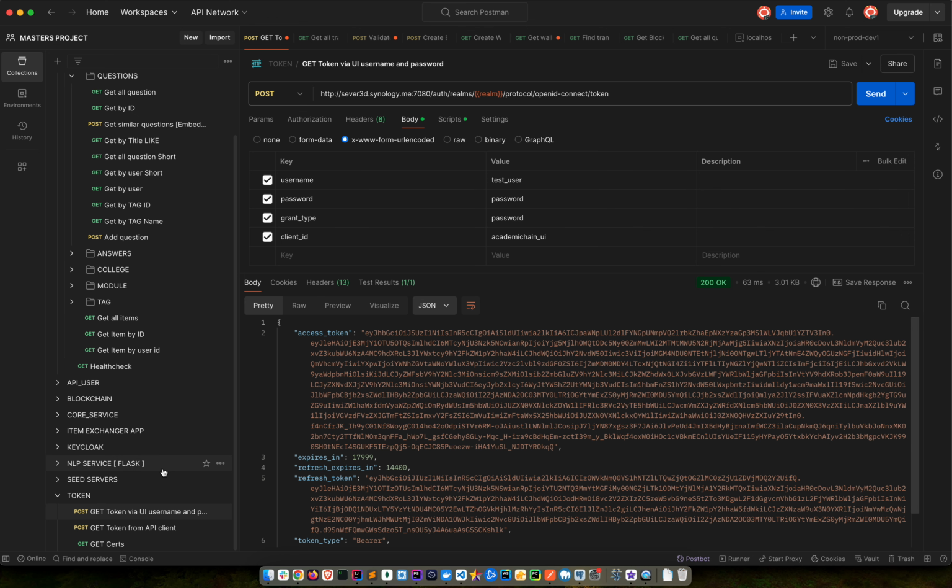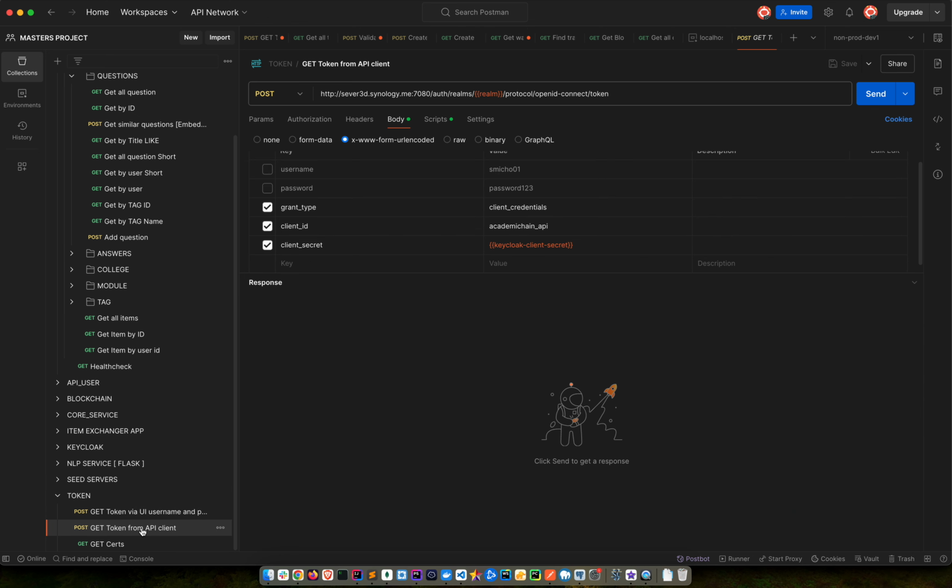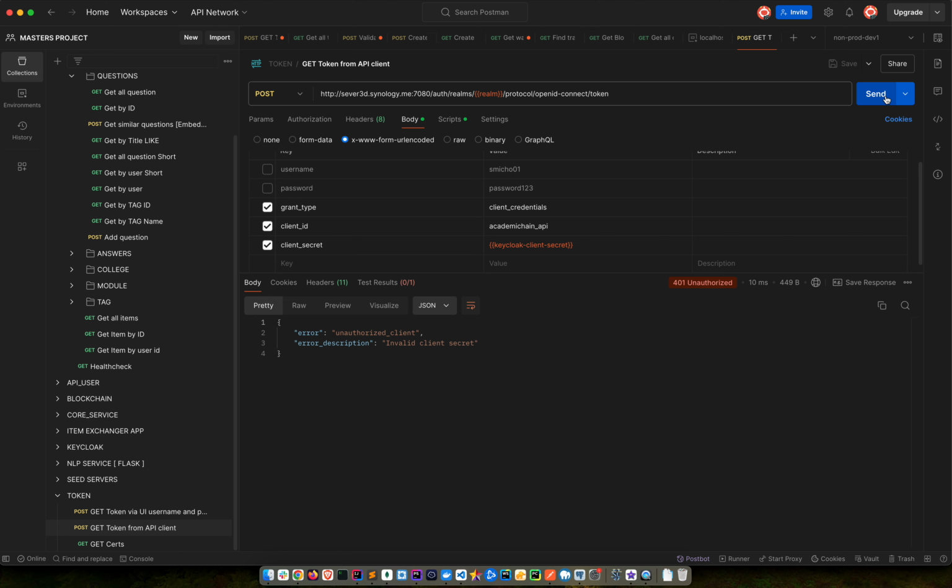The services use a different endpoint and a different way of authentication, because they don't have usernames and passwords. They have a client name and client secret. So the client secret is invalid in that moment, because I used a different